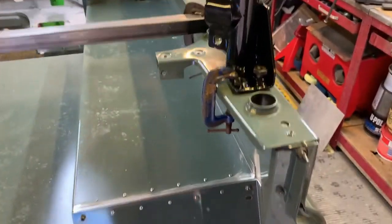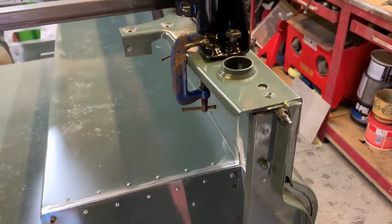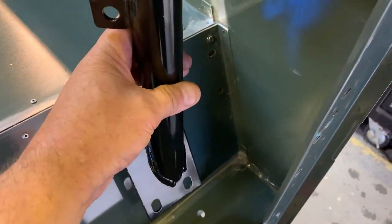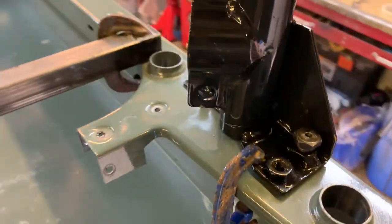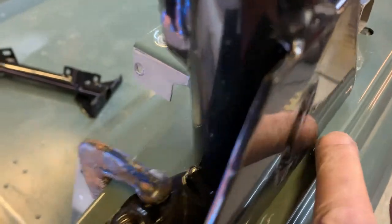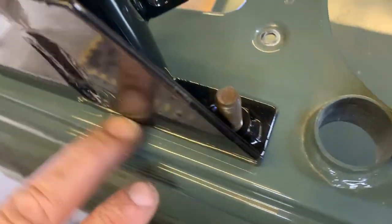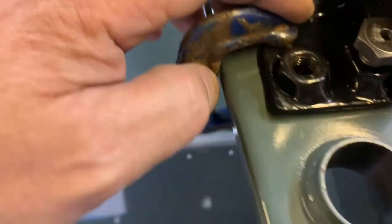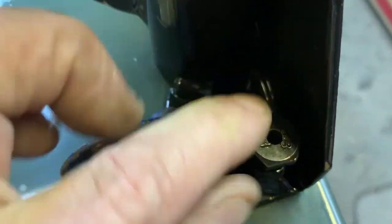Okay, so there you can see the setup. We've got this one would go in here. Okay, this one would fit in here with the flange on the bottom, and that's the opposite side. So basically we can now take that one, and I've got it bolted up from underneath. You can see here through that previous hole I drilled. Squared this up on here, and then clamped it down, and then here I've got a short M10 bolt, and